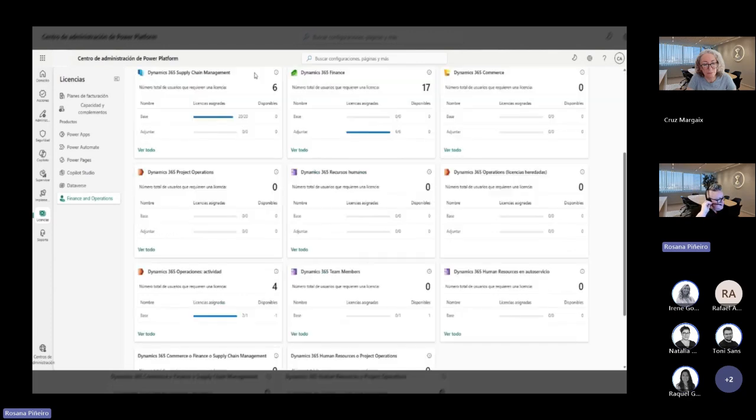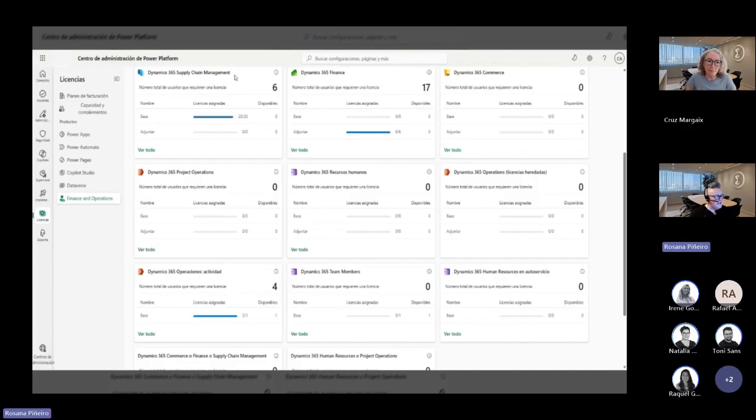Okay, then so this overview here we see of all the licenses, it really doesn't mean that we need all of the licenses. It's just going to give us information of those licenses that are required for our organization. So as you can see, there are like the commerce, human resources, they're all in 0 amount, so we're not going to attend to those. We're just going to make sure we focus on the licenses that we have the numbers required there.